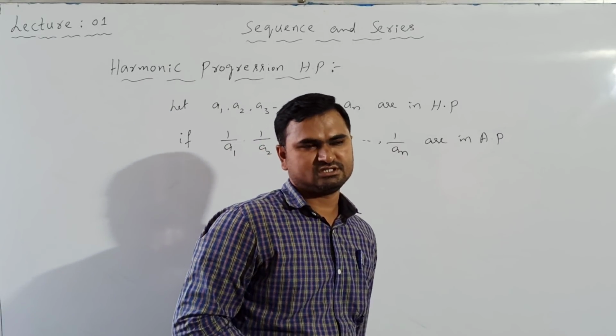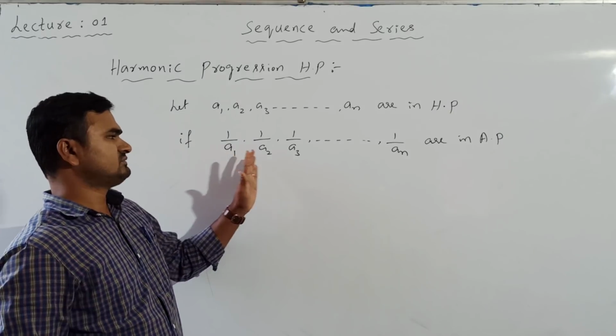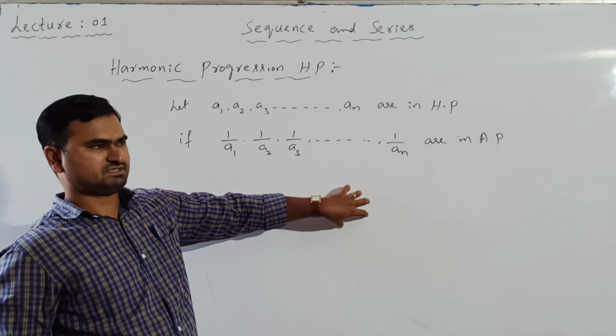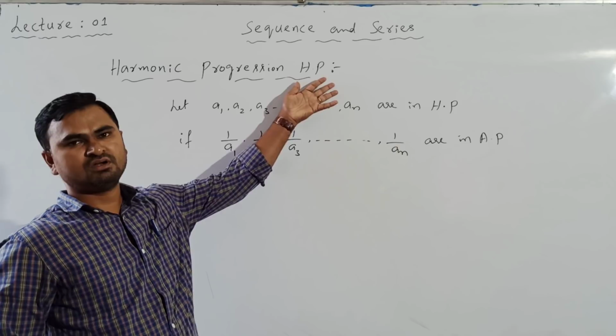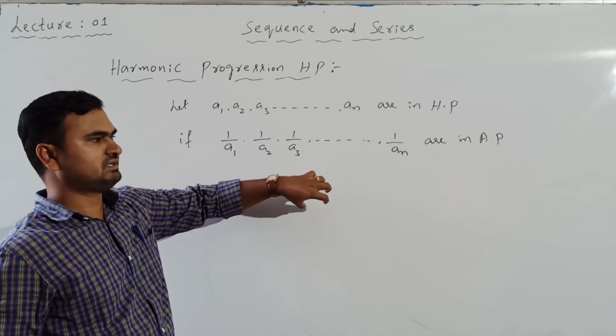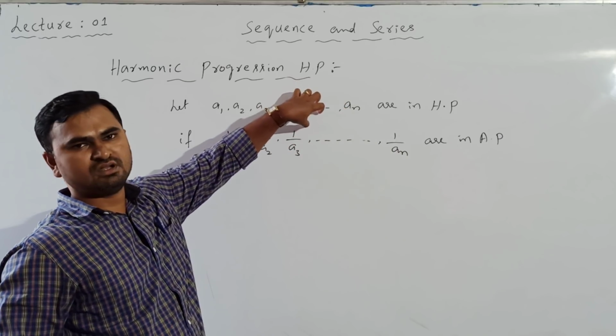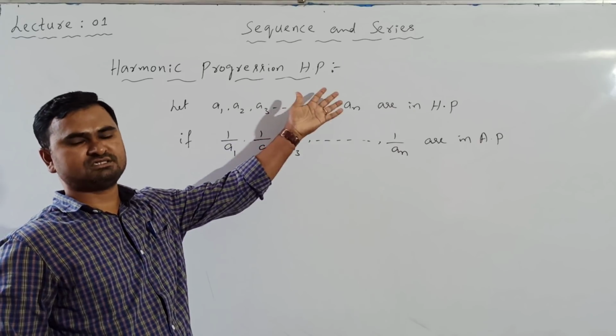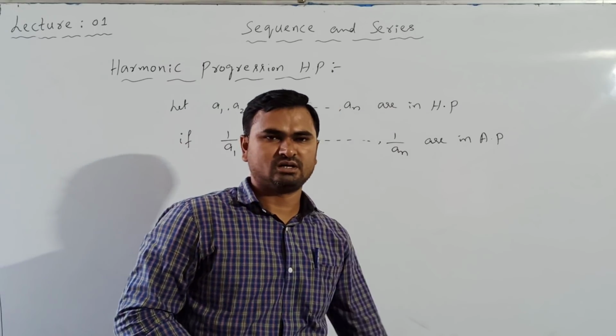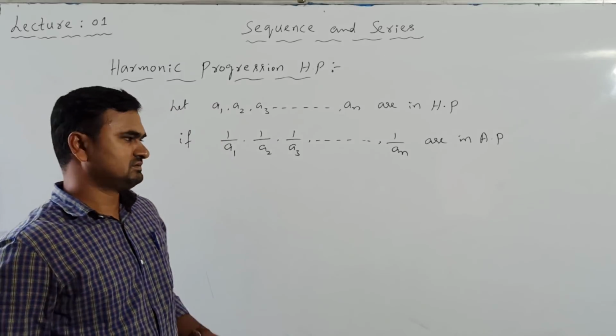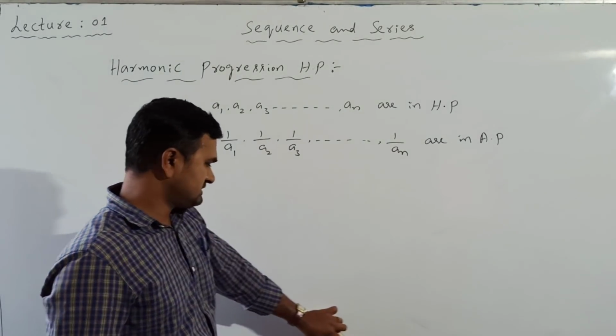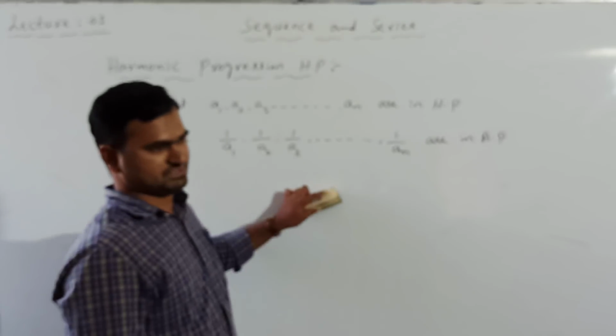In arithmetic progression, we know all the formulas, so using them we solve it. After getting the terms, we convert back into harmonic progression. How to convert arithmetic progression to harmonic progression? Again we take the reciprocal, and we will get back to harmonic progression. Okay. So these are the terms related to harmonic progression.